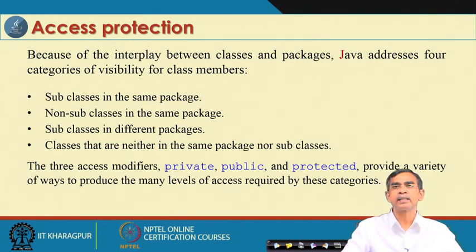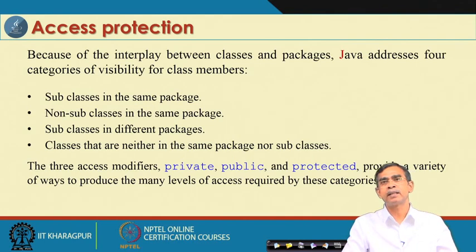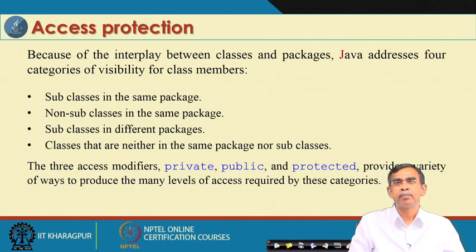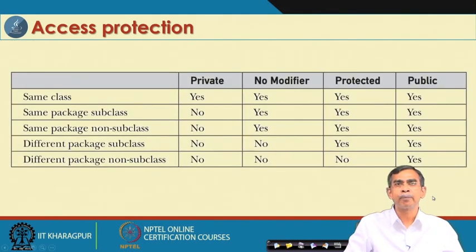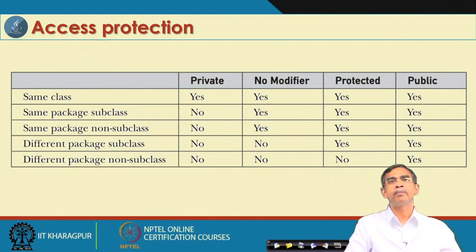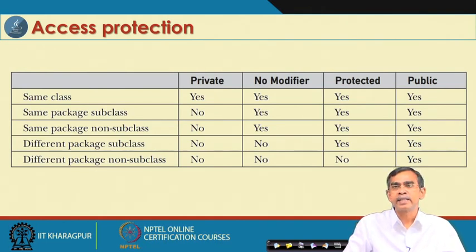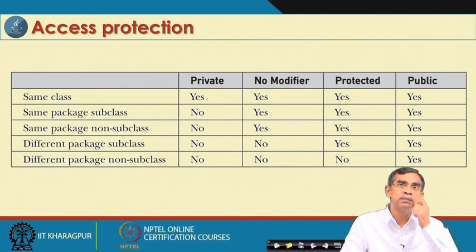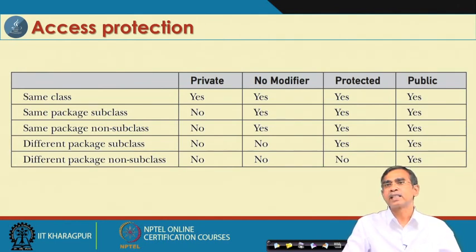But anyway, we will discuss all these access specifications more critically, namely default, private, public and protected. Obviously, we can follow some examples to understand the concept. Now, again the table that I want to place, so that all 4 categories of visibility can be covered, including the same class. As you know, if it is the same class, any method can access any member belonging to the same class. So, visibility is true for all members of the same class, whatever access specification you specify, it does not matter.